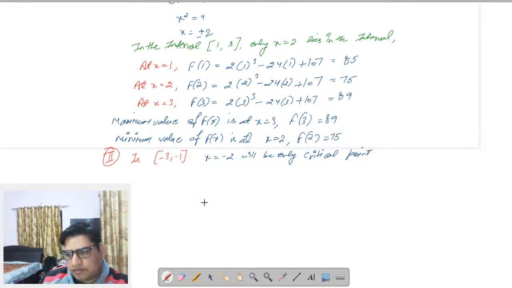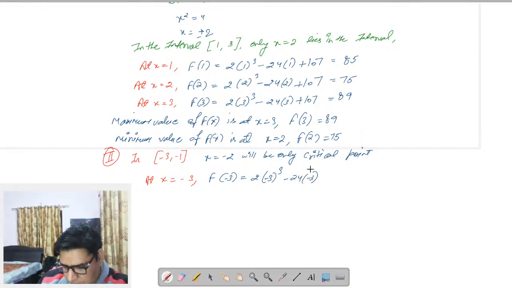Okay, now we'll try to find out the value of the function at these 3 points. So we'll start with the minimum. At x is equal to -3, so f(-3), how much will that be, let's see. So here we have 2 into (-3) cube, plus 24 into -3, and this will be plus 107, so how much will that be,